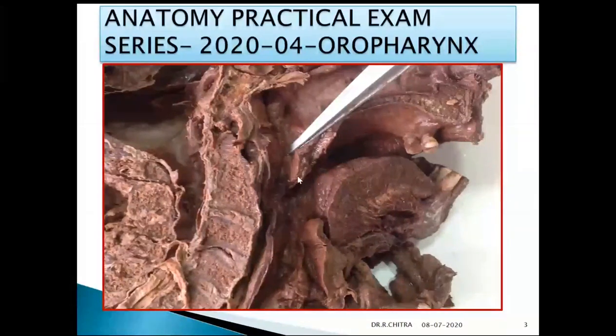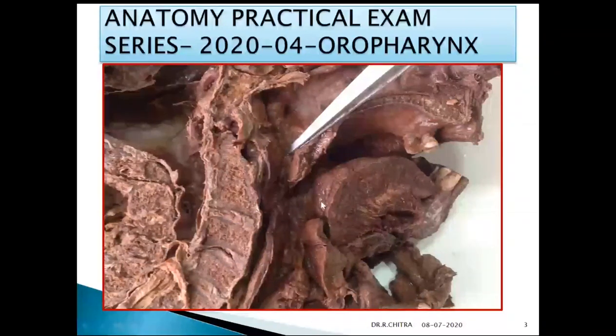and on each side by the palatopharyngeal arch. It is a sagittal section, so we are not seeing each side. This is mainly to show you the pharyngeal isthmus. So we have completed the nasopharynx. Now we will see the oropharynx.